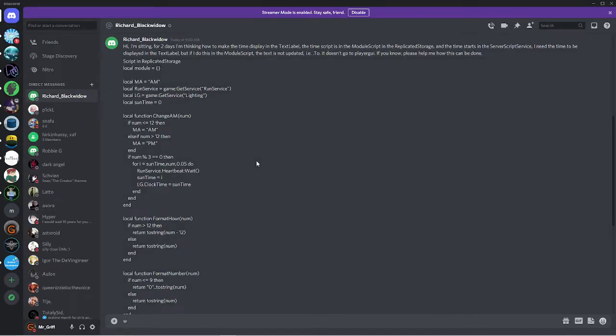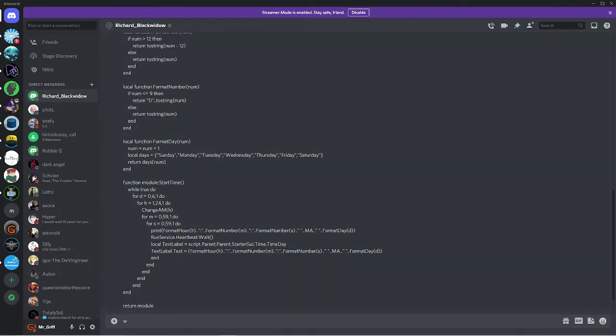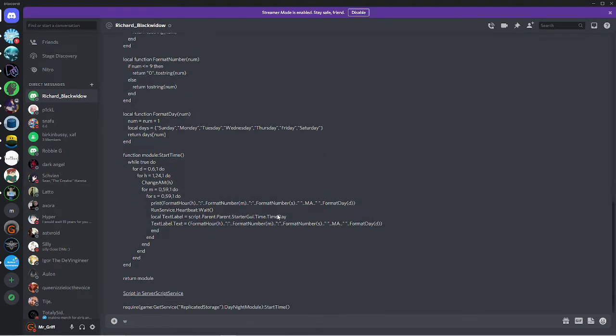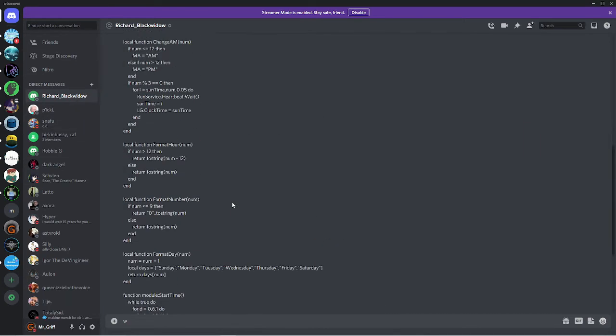Okay, Richard Blackwidow sent me a question. He's got a module that runs time, and it tracks days of the week right down to centiseconds, and it's cool. And then he starts the module with a simple script requiring the module and start time, so it's then running this function. And he wants it to show